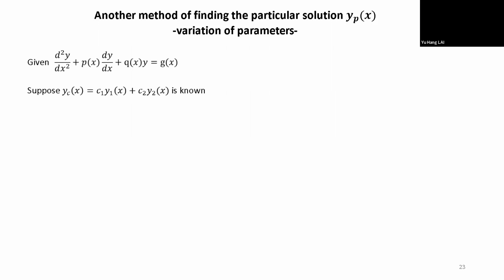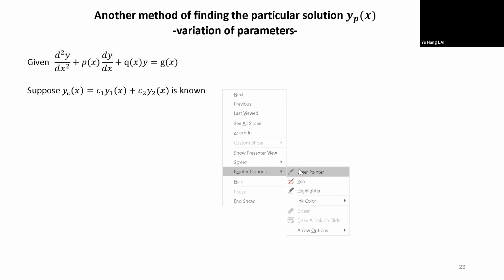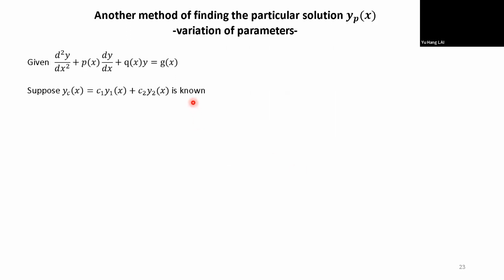Again we start with this linear second order ODE, and suppose I know the complementary solution already. The method of variation of parameters is that we try this form as the particular solution. So what is the difference between this method and the previous method? In the previous method, when we took the trial solution, what we based it on is the form of